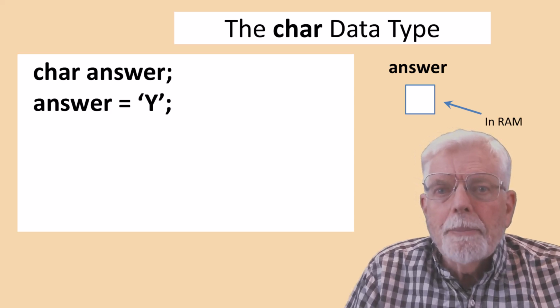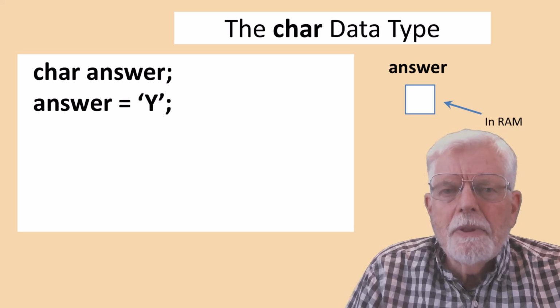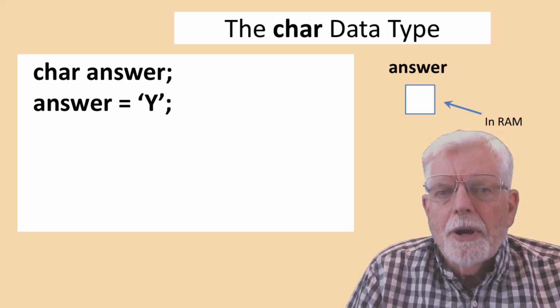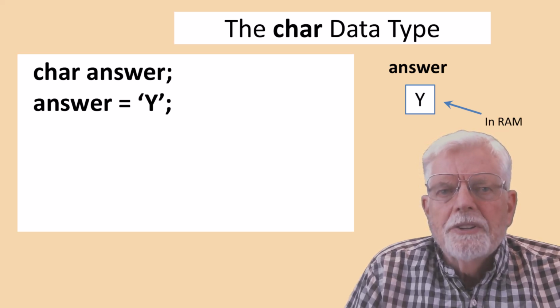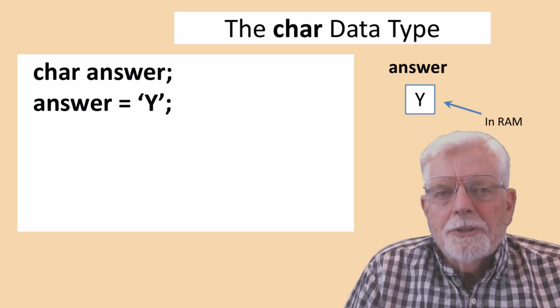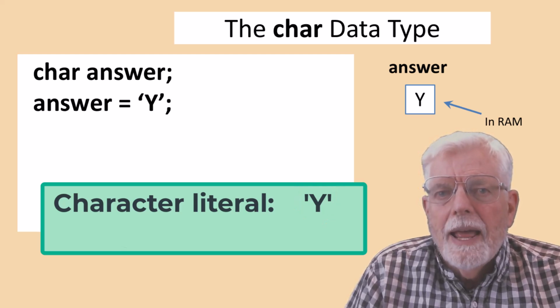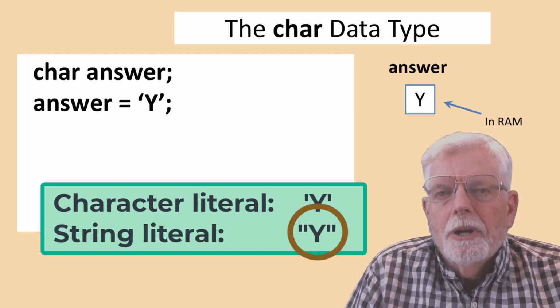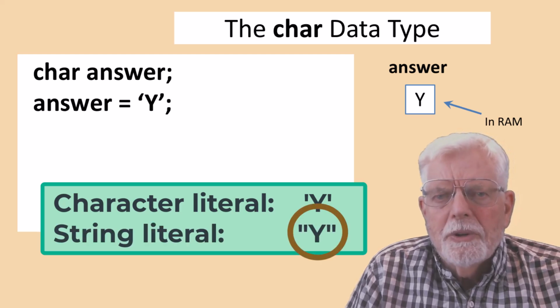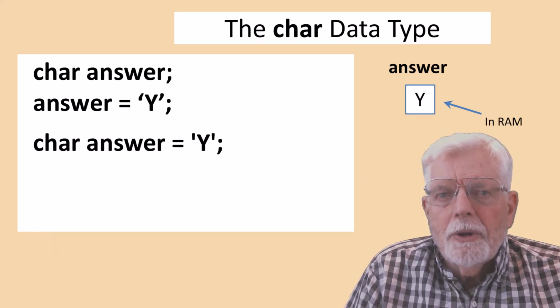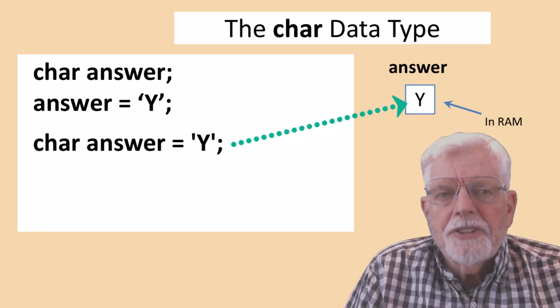A character can be placed in this memory location by using the name of the variable, the equal sign assignment operator, and a character literal such as answer = 'y'; It is important to use single quotes, 'y', to define a character literal as opposed to double quotes, "y", which would define a string literal. The variable can also be declared and initialized at the same time: char answer = 'y';